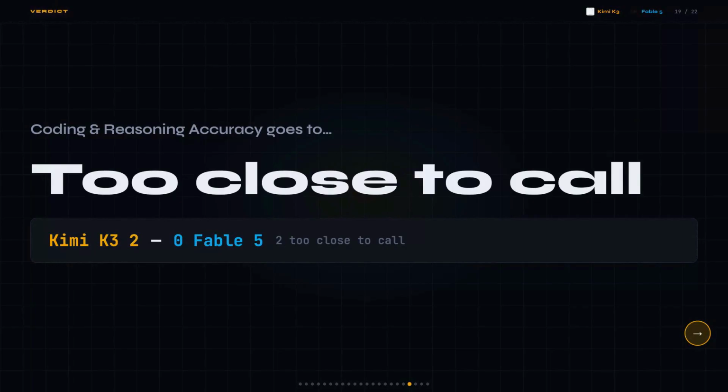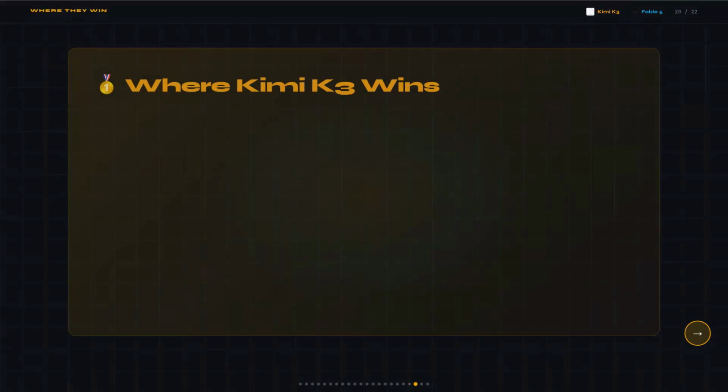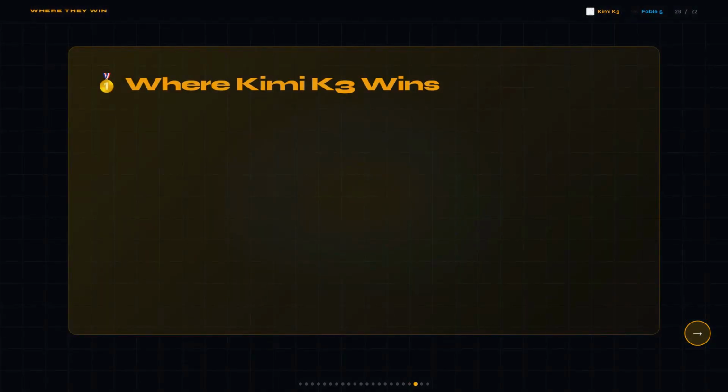And I was honestly expecting a clearer answer here, but without a shared benchmark, I can't hand either one the win. So the final score is Kimi K3 2, Fable 5 0, 2 ties, and both models show up on coding, just on different tests. Kimi K3 wins on 3 things: native video and audio input that Fable 5 just doesn't have,